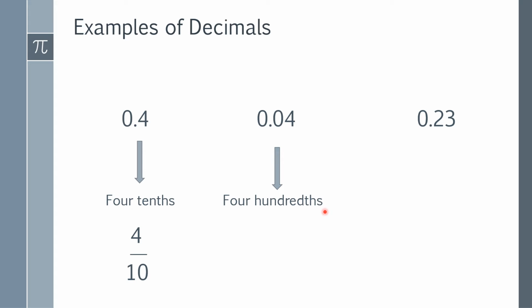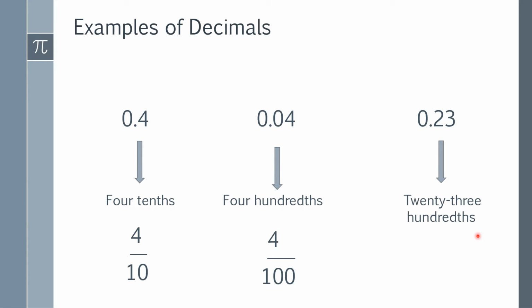4 hundredths. So kapag ang nakita nyo ay 2-digit after the decimal point, it is read as hundredths. In fraction, it is written as 4 over 100. Bakit over 100? Kasi ang place value ng 4 ay nasa hundredths place value or nandito siya sa second digit place. Next is